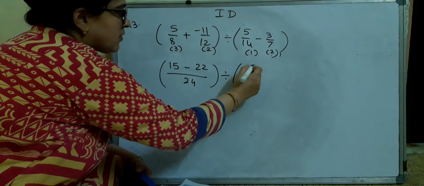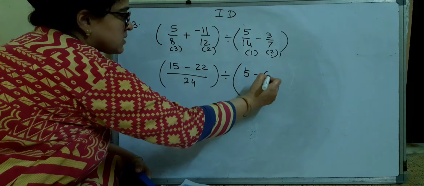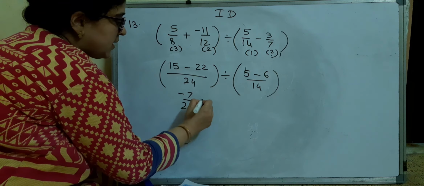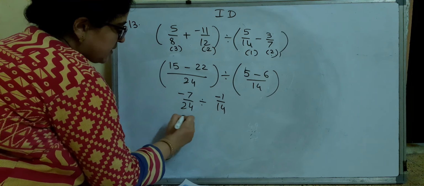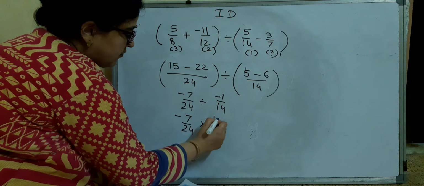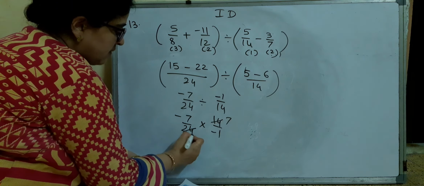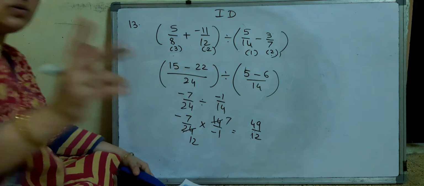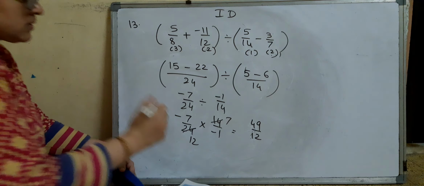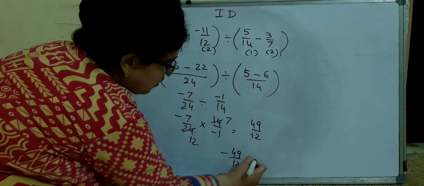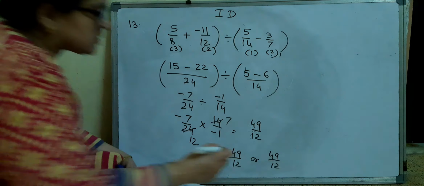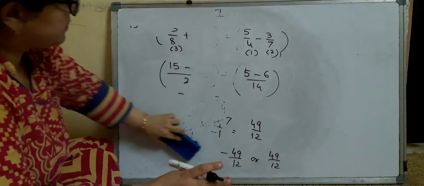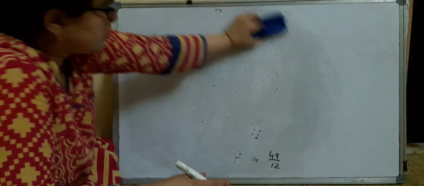Here 5 minus 6 upon 14. -7/24 divided by -1/14, so -7/24 multiplied by 14/-1 gives 49/12. So in this sum you will get two answers: -49/12 or 49/12. Now this 1D exercise is completed. Now we will move on to